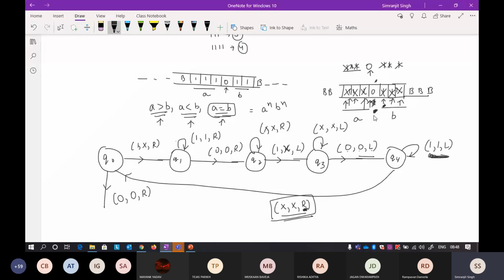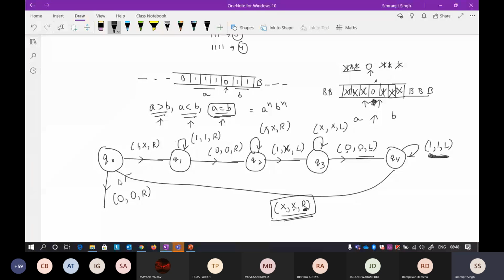So okay, I'm standing here. Okay, so now see, I got confused here. So all the things are already defined here. So when you are here, okay, 0 0 L. So when there is a 0 0 L, I am here, I will move towards the left. So I will get an x here. Now I'm standing here. Now when you get an x, keep the x as it is and move towards the right. Okay, so that is only one step. I move towards the right.